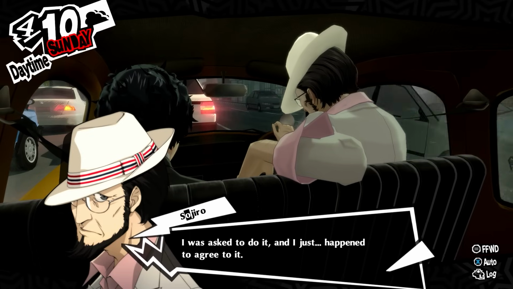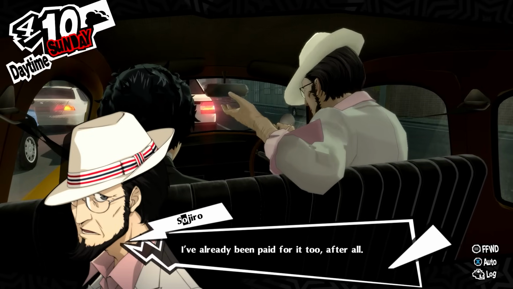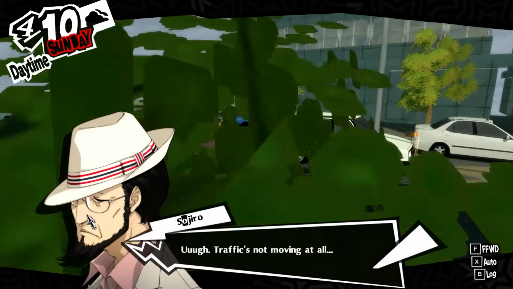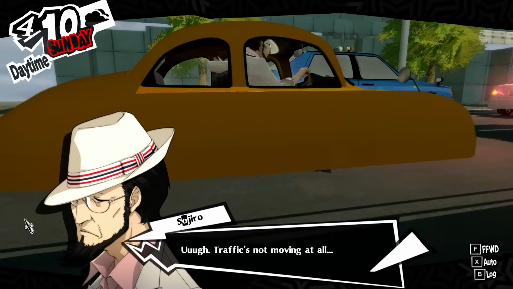Now, we're riding on wheels in the middle of traffic with Sojiro, or at least that's how it looks from this camera angle. In actuality, the traffic is really not that bad. It's just the one asshole driver in front of us who refuses to move. And when we look at Sojiro's car,